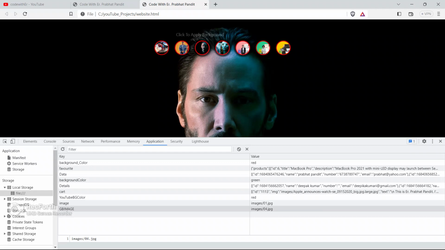See, boom guys, now it is changing, but it is not replacing the image on click, okay. So we have to check this also.